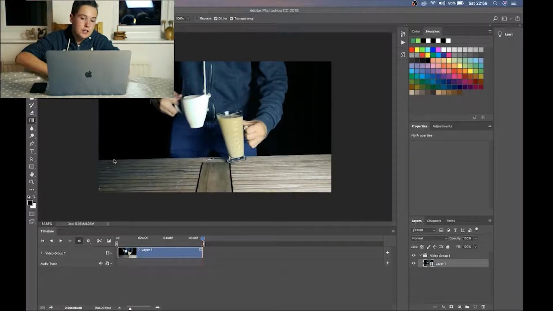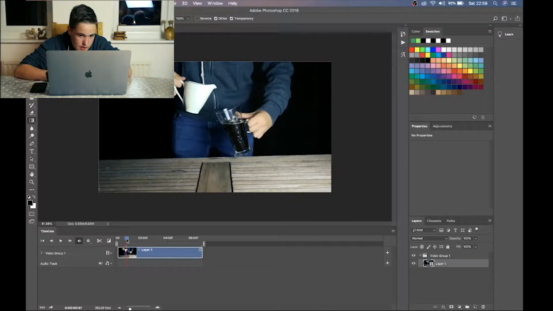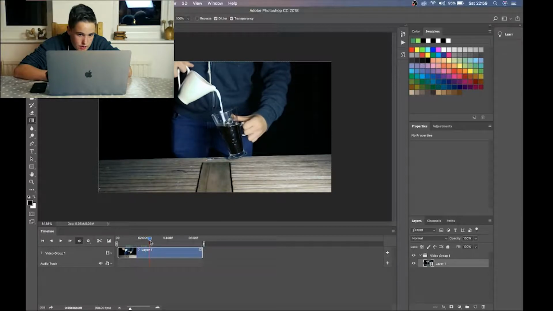So now we need to find the in and out points. This is the finicky bit. You can't do it now, can't do it now. So I would say maybe